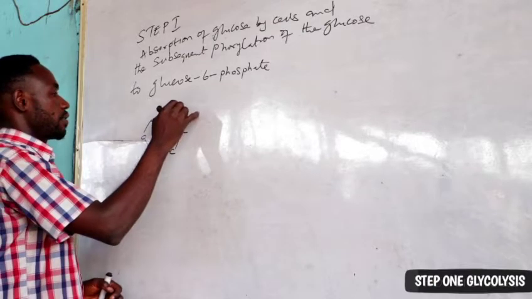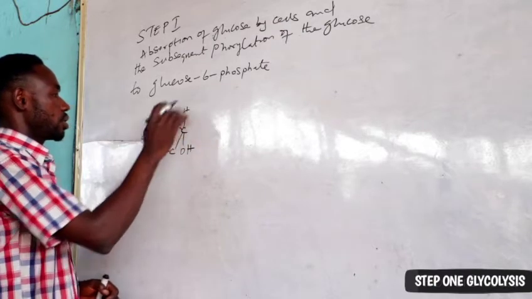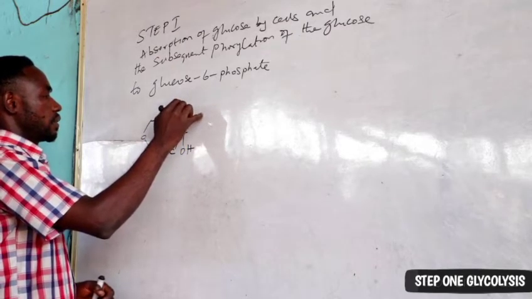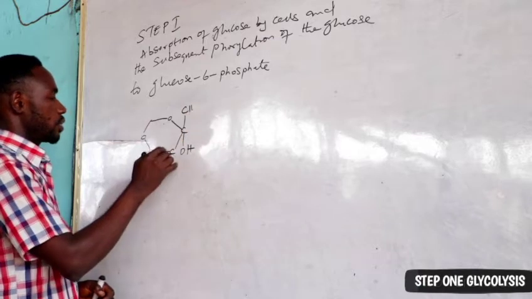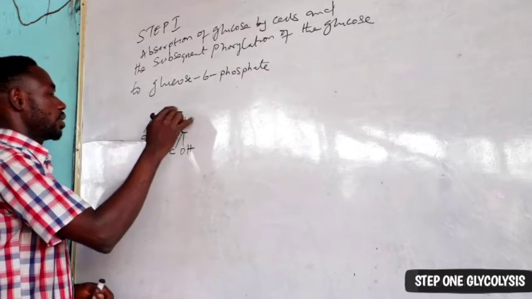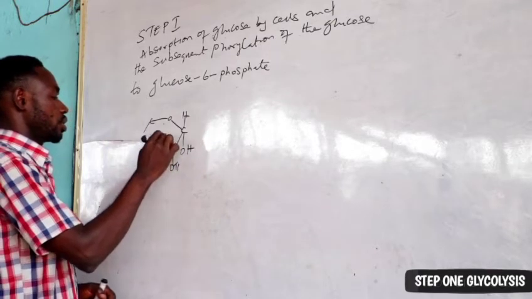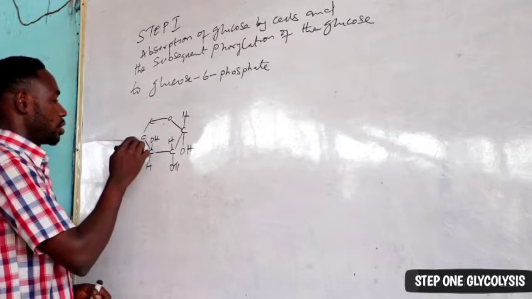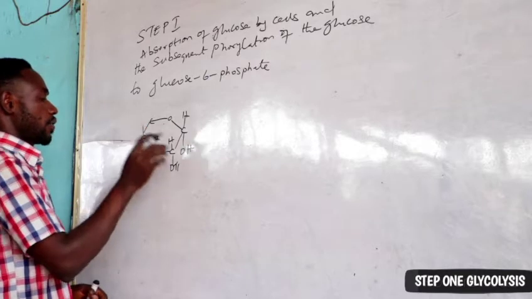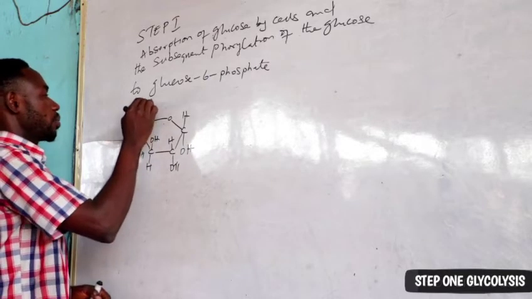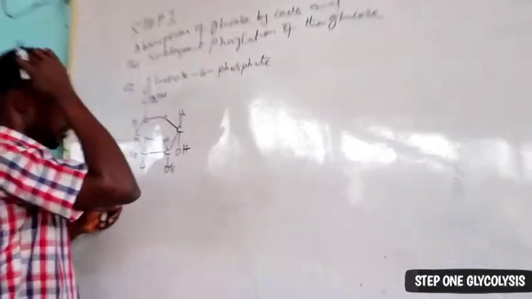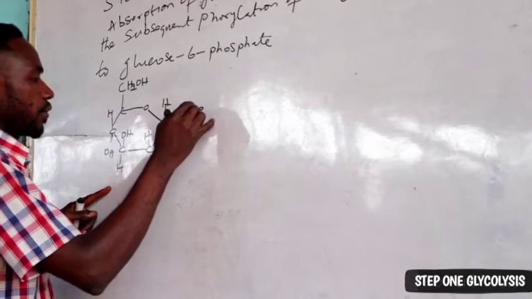So in that aspect, we have H, OH, no, it should be C. So we are coming to that. You have 1. This should be 1, 2, 3, 4, 5. Okay, this should be only H, OH, OH, H, then you have OH for alpha hydrogen, that's for alpha glucose, then H, then here is carbon number 6. So this is the glucose molecule, then plus a phosphate group,